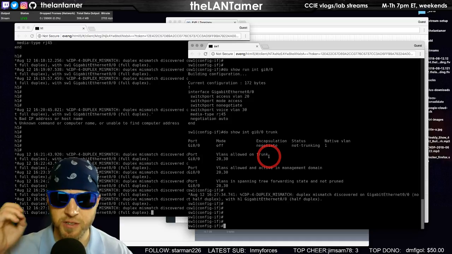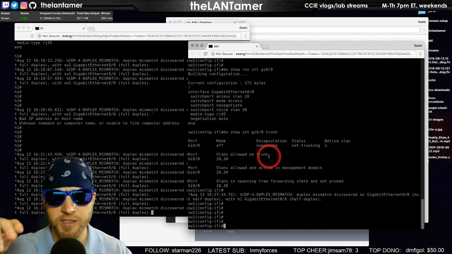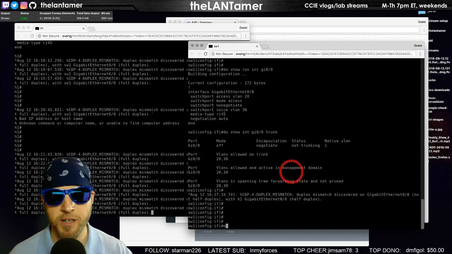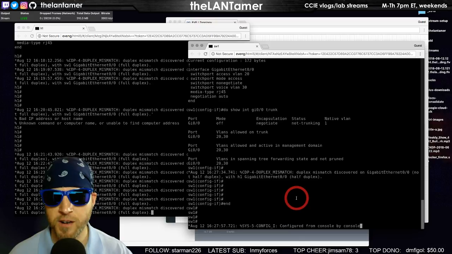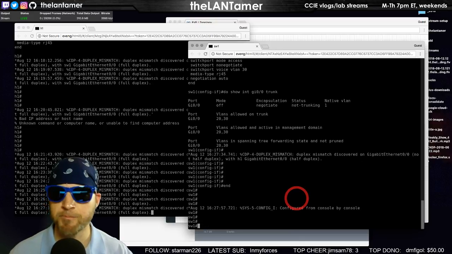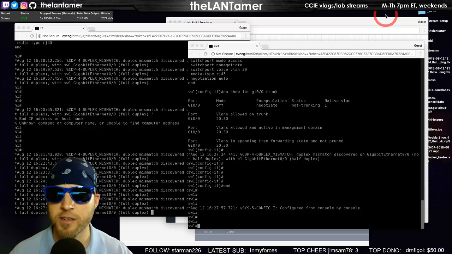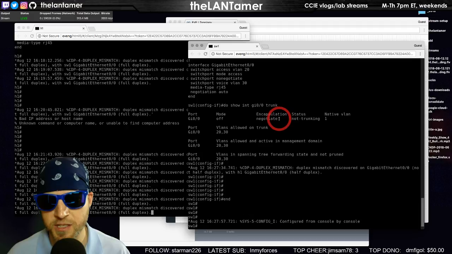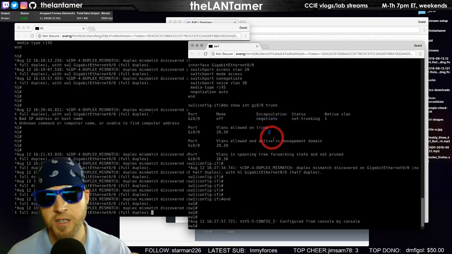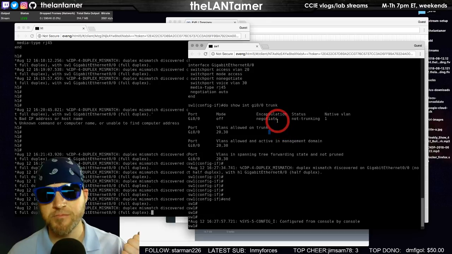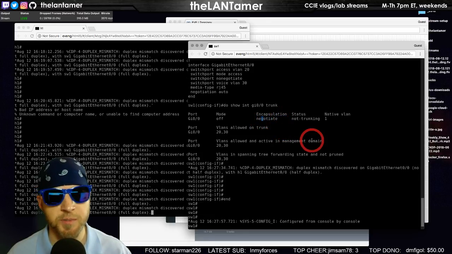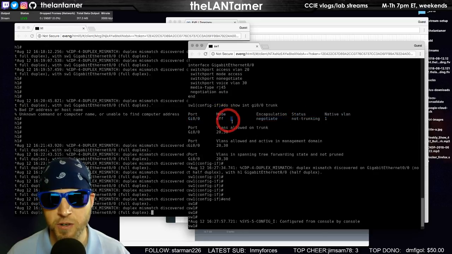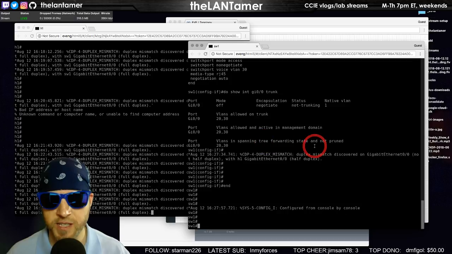But as you can see, this is the answer. We've got a voice VLAN and we've got a data VLAN. That is why we're seeing what we're seeing, okay? And I can verify that with a packet capture. I don't know if I still have it. Doesn't matter. There are no DTP frames. So even though it says encapsulation negotiate, unless I'm misunderstanding what this means about trunk negotiation, there are no DTP frames here. That's why it says status non-trunking. That's why it says trunking mode is off. And these are allowed VLANs, so that's the answer.